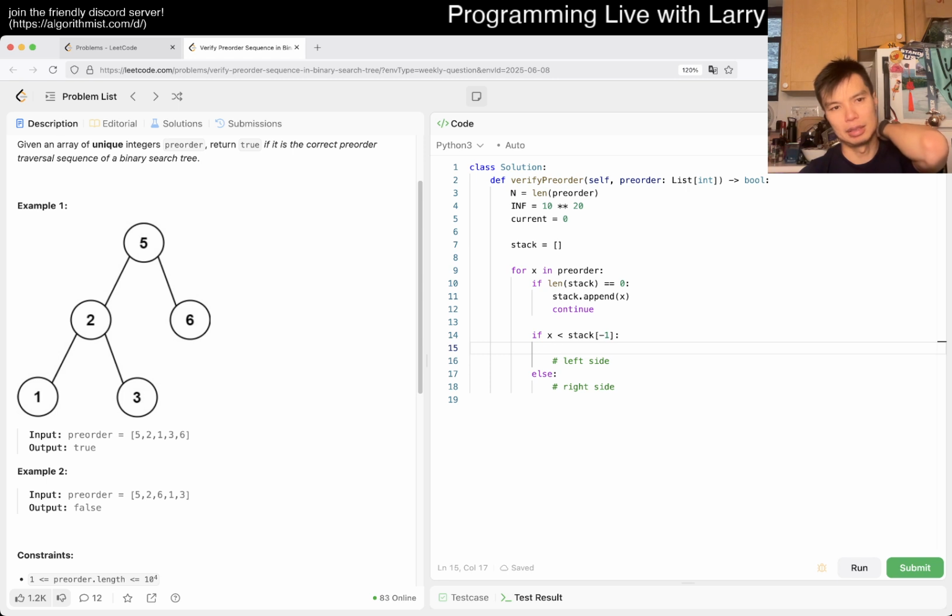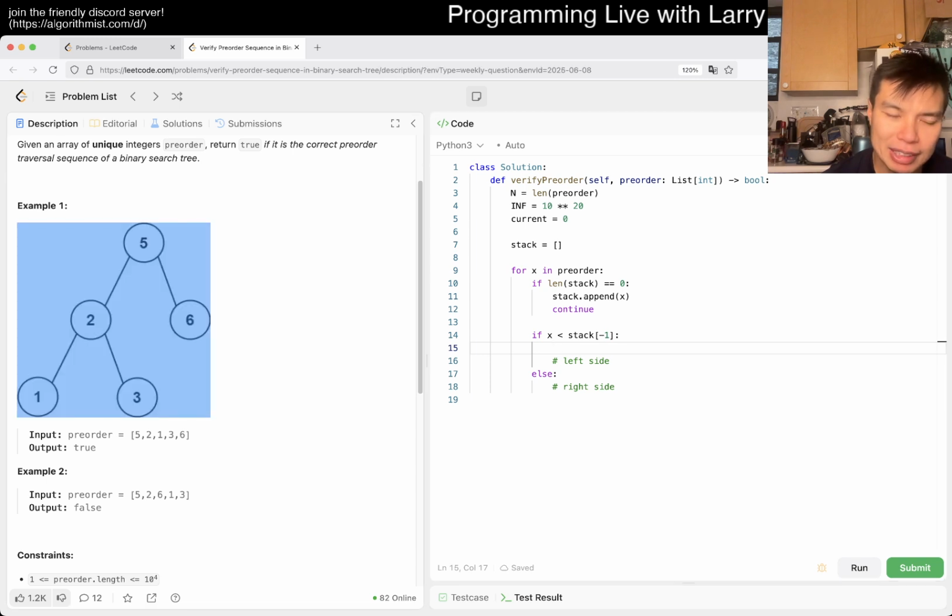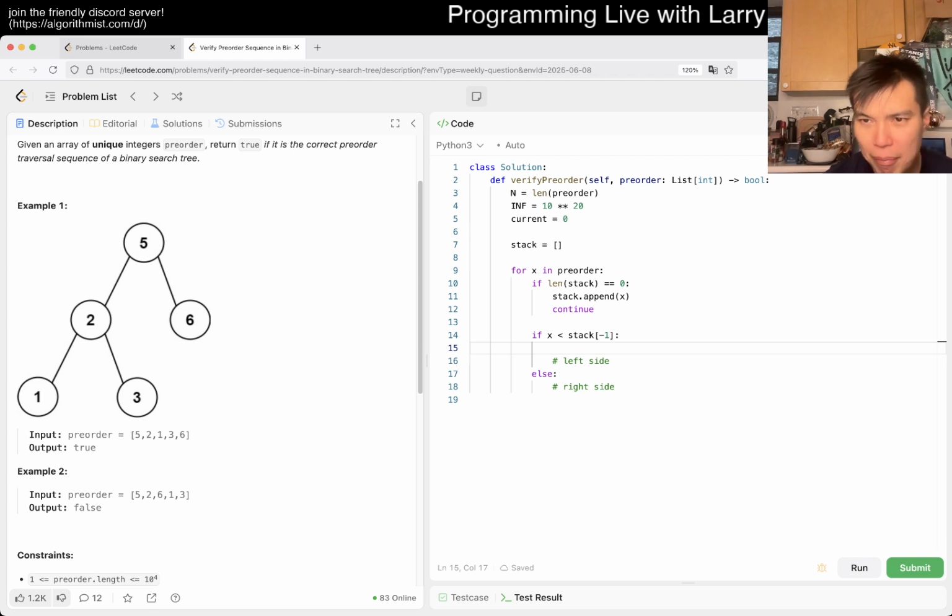Yeah. Otherwise, but this isn't quite right either, right? Because, well, not sufficient. Because, for example, if you have something like this, and then you have 5, 2, 6, right? Well, the 6 is going to be, the top of the stack is going to be a 2, but you wanted to, yeah, like,